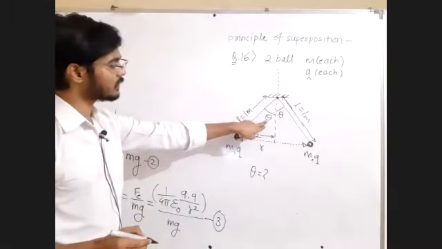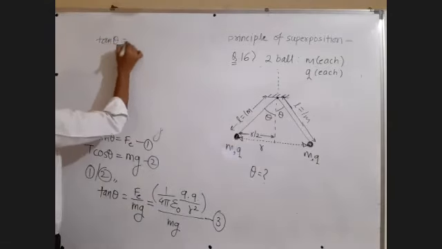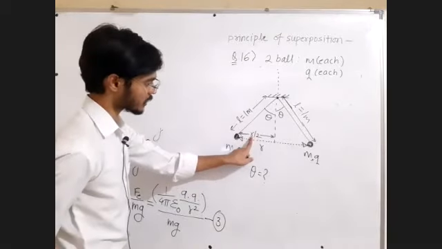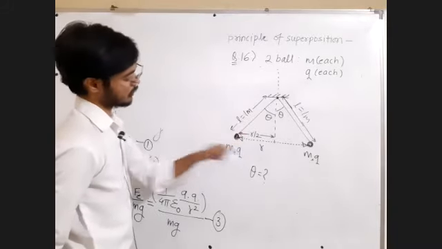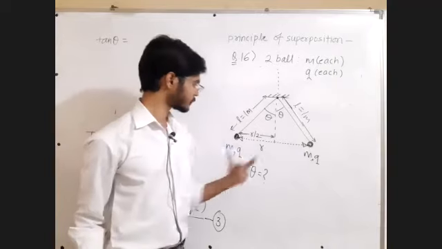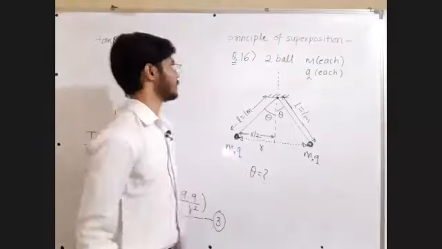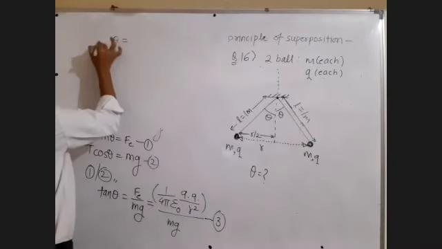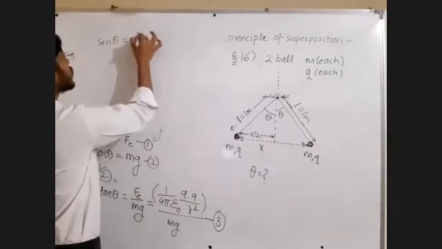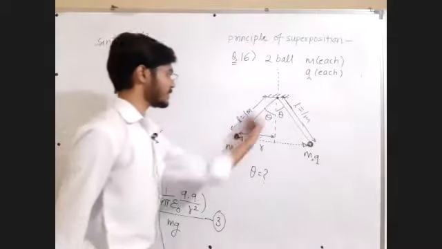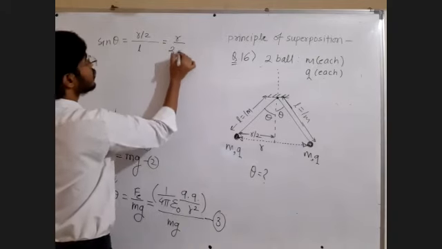So can I write tan theta? Yes, you can write tan theta. Observe there. Tan theta is equal to, I want the opposite side value. I have the hypotenuse. So sir, you should not write tan theta. Which ratio you should write? Opposite hypotenuse. Opposite hypotenuse means sine. Perfect. So write down sine theta. Sine theta is equal to opposite r by 2, upon hypotenuse, length L. L is equal to 1 meter. Fine. So that becomes r upon 2 times L.